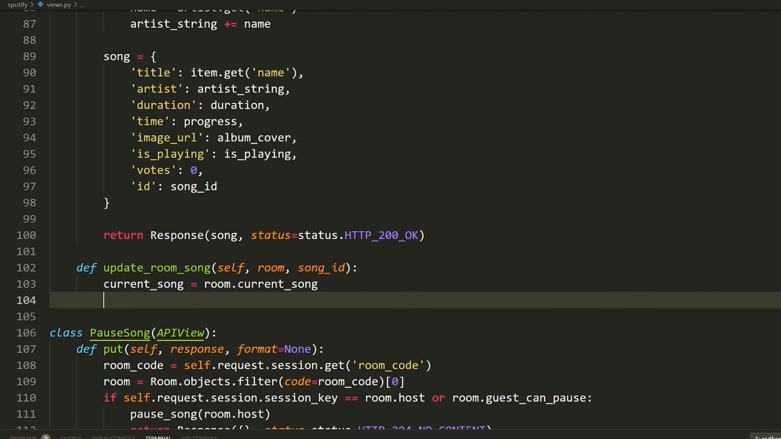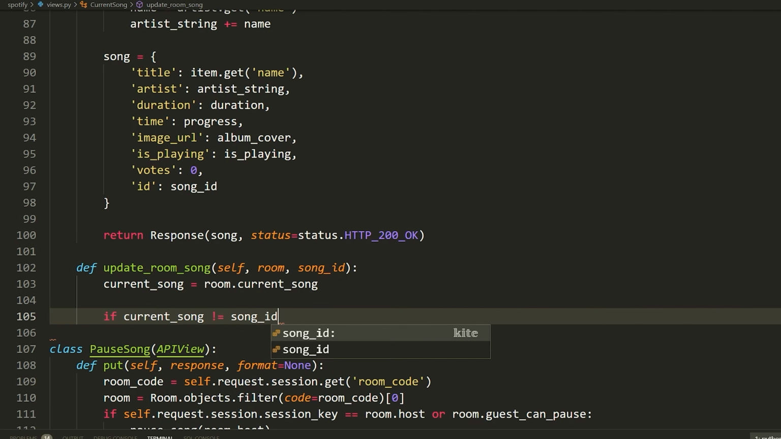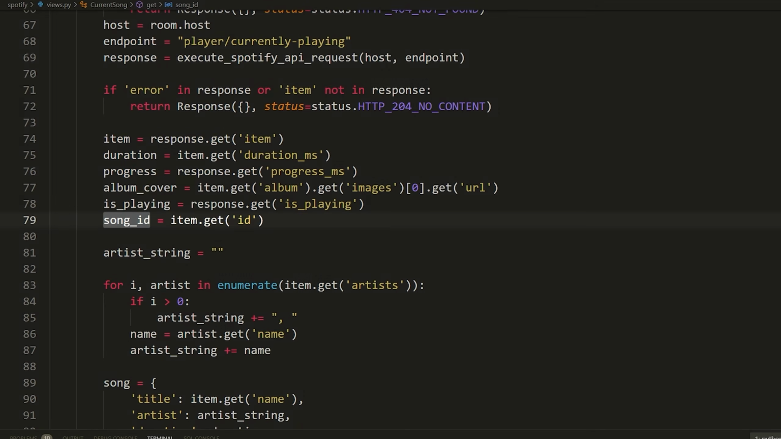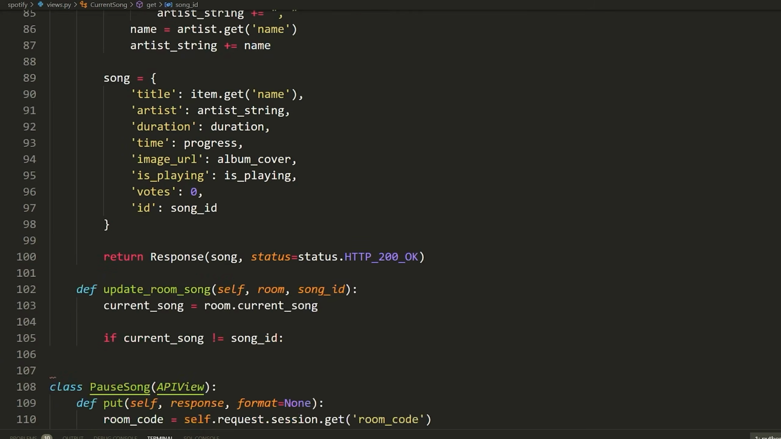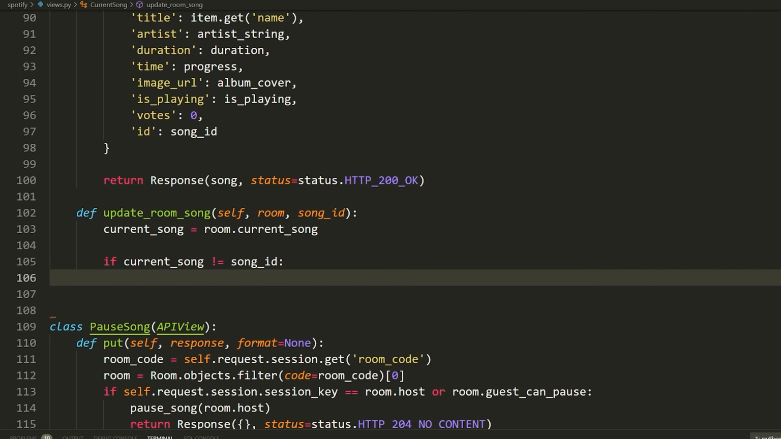Now this could be equal to none. That's totally fine, but I'm just going to check before I actually perform any update, which is a database intensive operation and does take some time, to make sure that we're not just going to be updating the same thing. So I'm going to say if current song does not equal song_id, so that's the song that we just got that is playing right here. If these two things are not the same, that means that the song changed and we need to update it